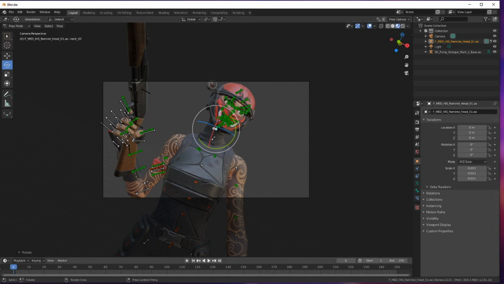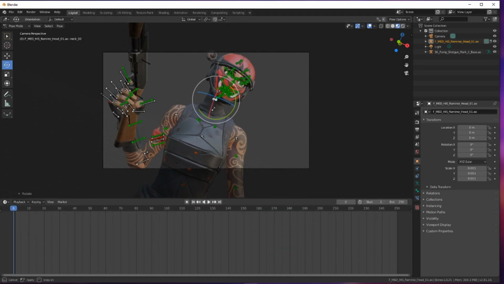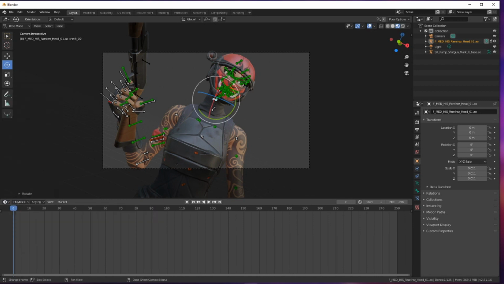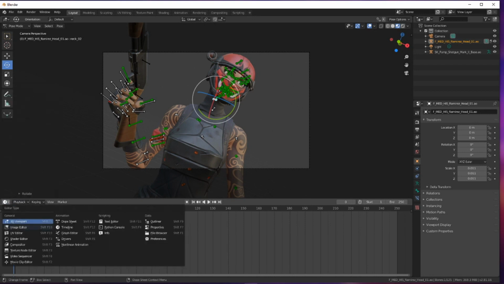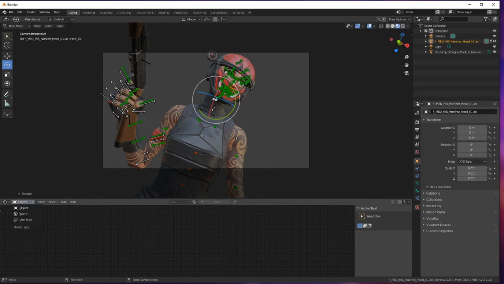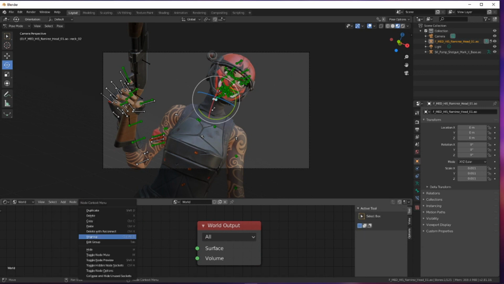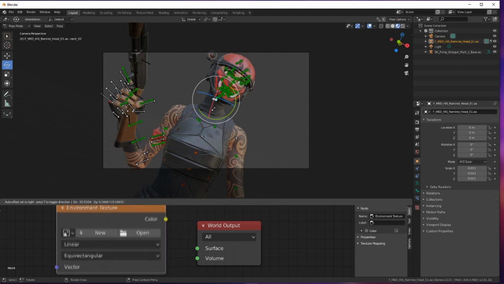So now we're gonna edit our lighting. To do that, I actually linked an HDRI down in the description below. And to use that, all you're gonna want to do is go to here and then go to world, and you can zoom in to edit that. You're gonna want to completely delete that. And you're gonna go to add and type in environmental texture,